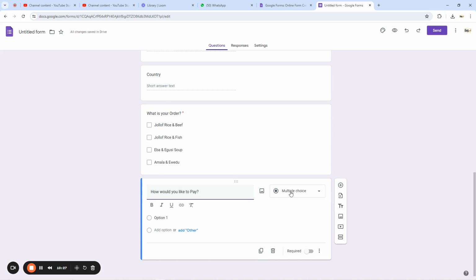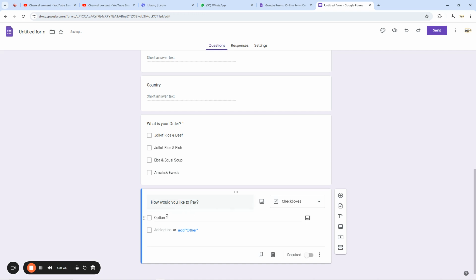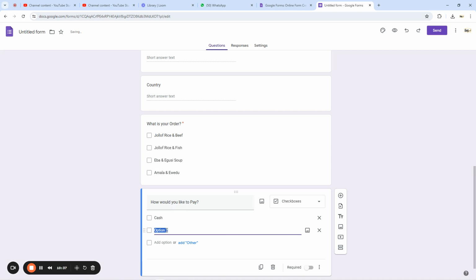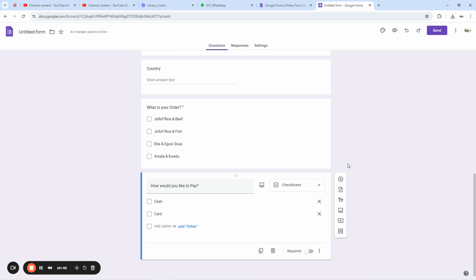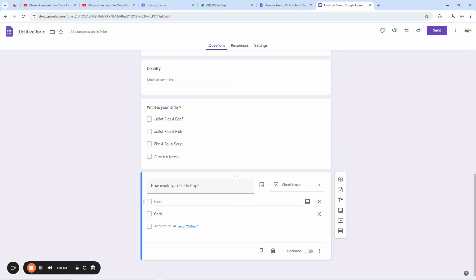Then at this point, we can give them checkboxes where they can select whether to pay by cash, or maybe by card payments and all of that. So this is it. We are now sure that we are going to be able to make an order, and they are going to tell us how they intend to pay. So once you select this, we're going to be able to know how they wish to pay